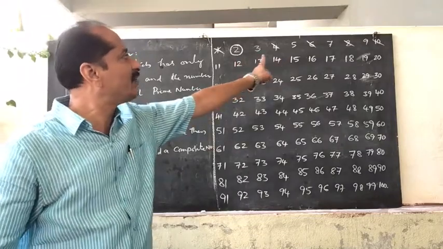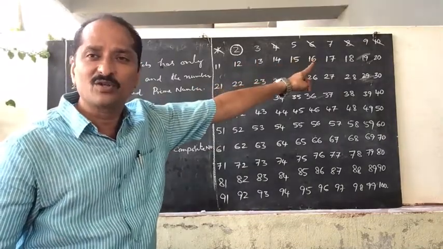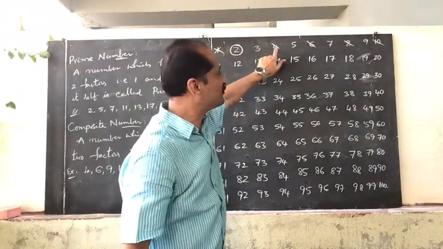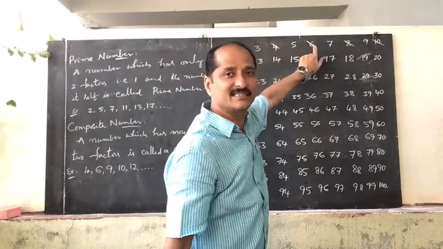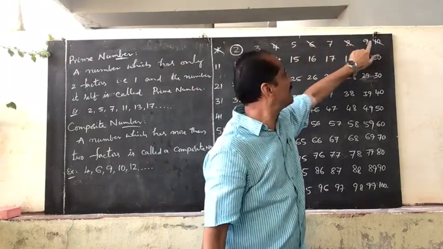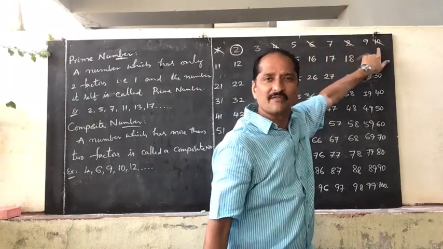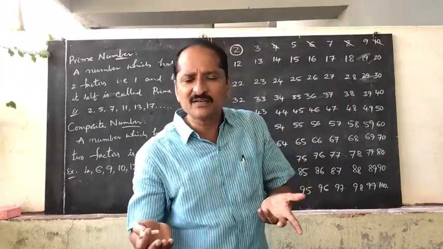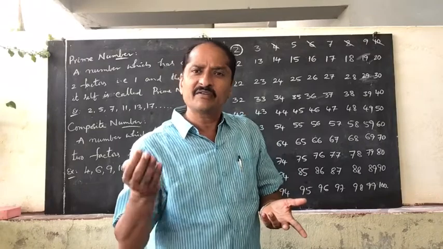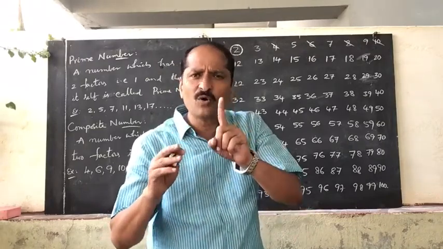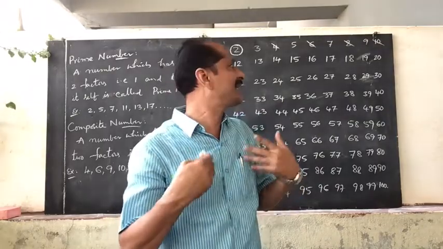So now whatever we have striked out for those numbers, except 1 and 4, 2 is a factor. Except 1 and 6, 2 is a factor. Except 1 and 8, 2 is a factor. Except 1 and 10, 2 is a factor. That means for 10, not only 2 is the third factor, 5 is also a factor. That means a fourth factor also is there. If it contains more than 2 factors, then they are composite numbers.